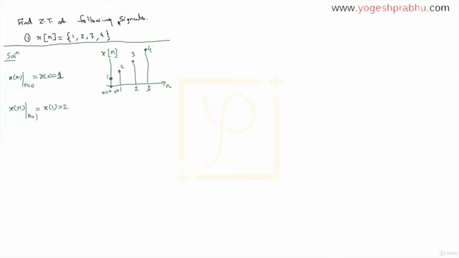Now, once we get that, we should start solving for Z transform. And we have a Z transform formula. So let me write down the Z transform formula. This is the standard formula, which says x of z, note that I'm drawing round brackets for z, is equal to the sum of n is equal to minus infinity to infinity. So we'll take all the range of n from minus infinity to plus infinity. And then this is x of n, z raised to minus n.